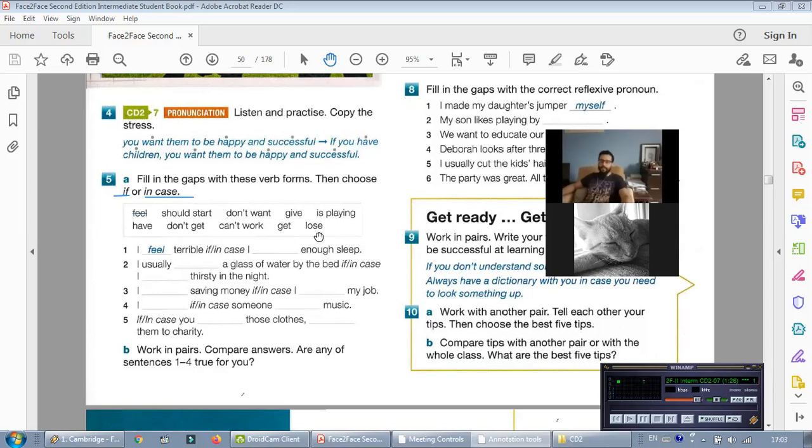And always remember that with in case, the thing hasn't happened yet, right? So take an umbrella in case it rains. It hasn't rained yet, or at least you don't know if it's going to rain or not. Do you get the idea? It's a bit like saying take it as a precaution in case the rain falls on you. It might not. But the event still hasn't happened.